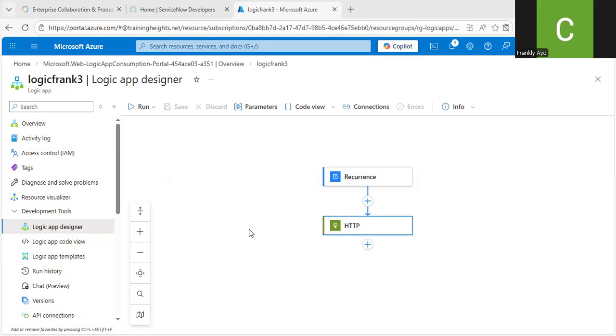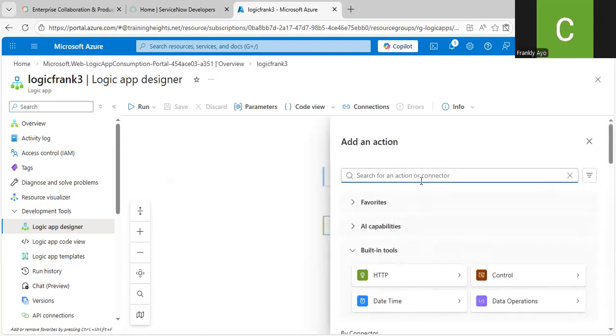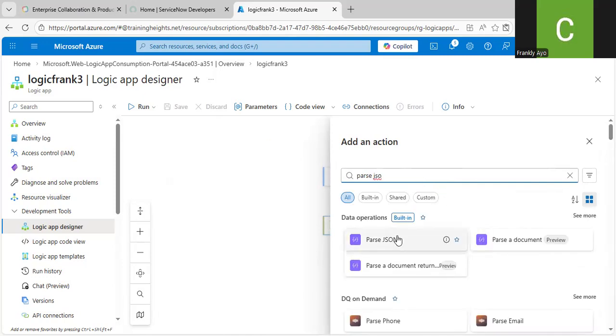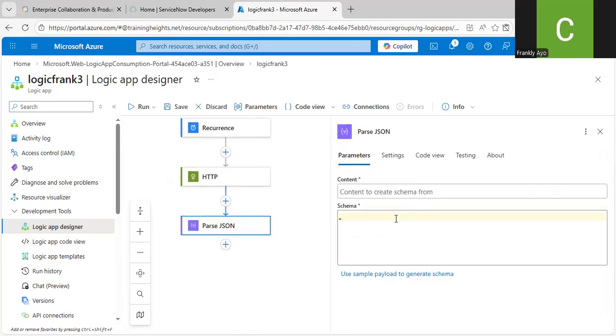So the next thing we are going to be doing is adding a Parse JSON action. The reason we are doing that is that I want to be able to extract our bearer token from the response that we'll be getting from that HTTP request. Okay, so I come over to add a new step, add an action, Parse JSON, then